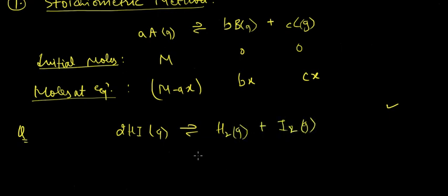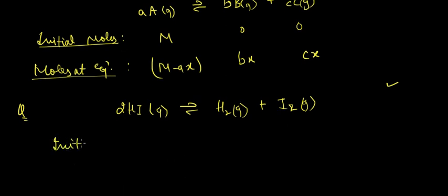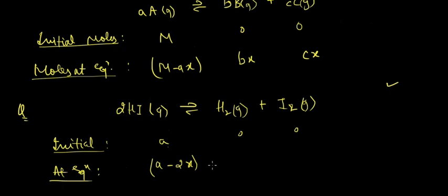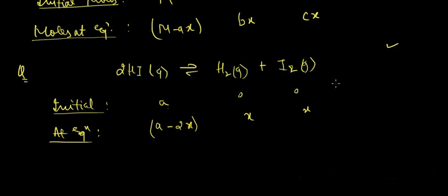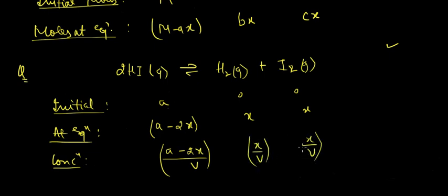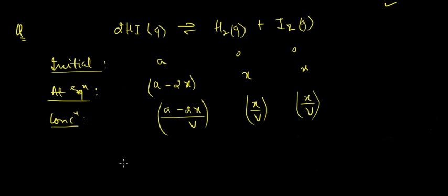Here we can write that the initial moles present, let's say they were A, and initially H2 and I2 were not present, and at equilibrium we can say that 2x moles of HI get converted into the products, and x each of H2 and I2 get formed. So what would be the concentration? Concentration would be (A minus 2x) divided by volume of the mixture or the solution, x by V and x by V. This would be the concentration,